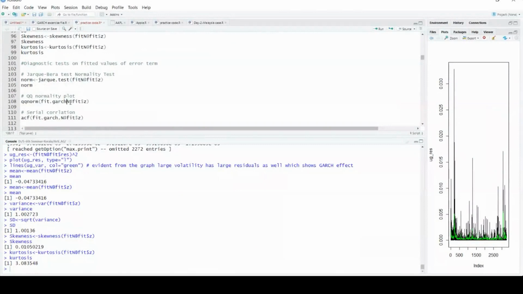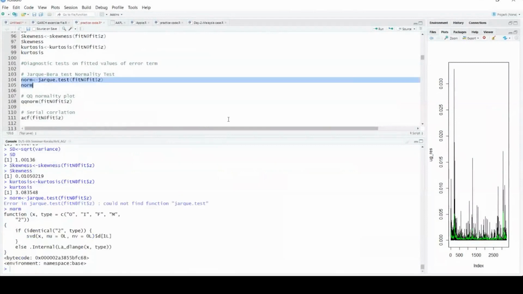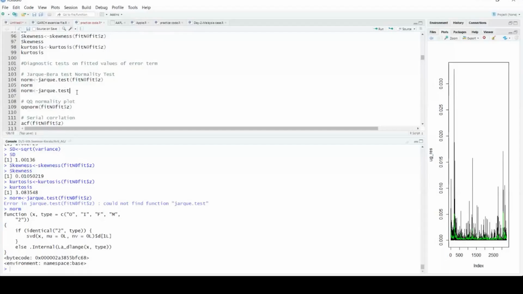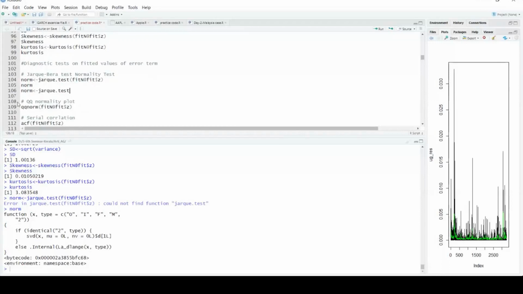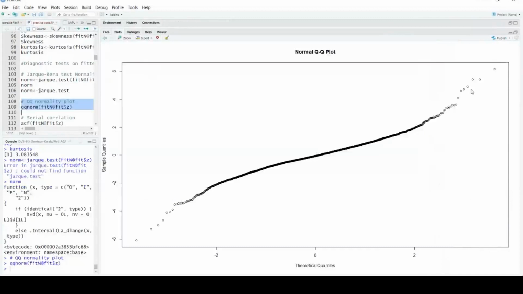So there is the Jarque-Bera test, which is used for the normality test. Let's make the QQ plot. Yeah, you can see the QQ plot here. This is similar to the plot which I have already shown you before. This is just a separate way of drawing the graph. This says that my residuals are not behaving normally.